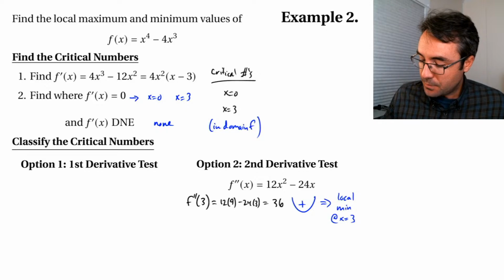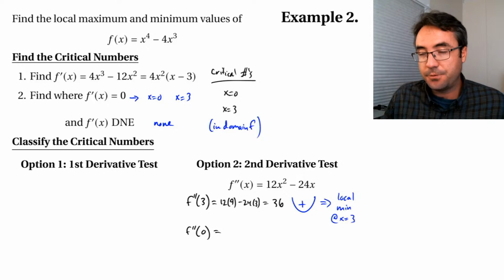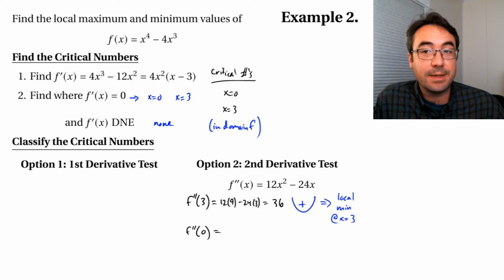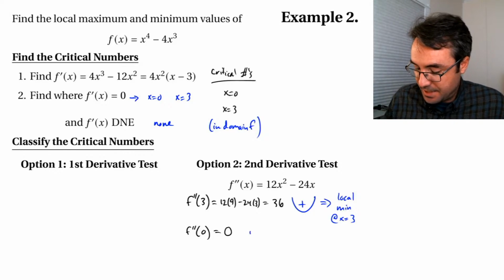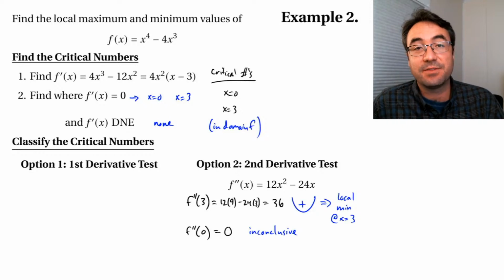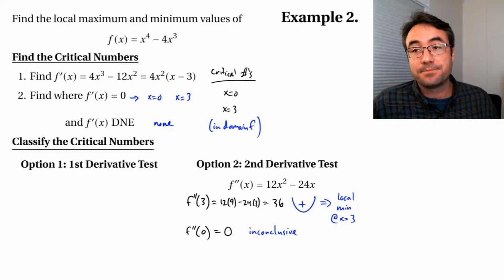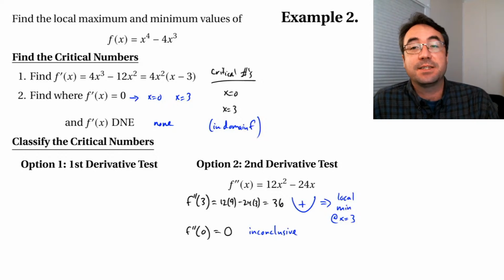Okay. What about the other critical number? Let's plug 0 in. So if we were to plug 0 in, we would get 12 times 0 minus 24 times 0, which is just 0. So this is inconclusive. Second derivative test doesn't work for that critical number. It doesn't give us a result. We don't know if it's a min, max, or neither. So it could be any of those. So if that happens, then we have to go to our first derivative test